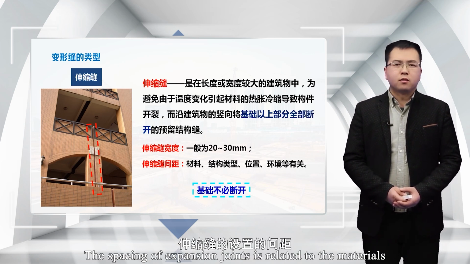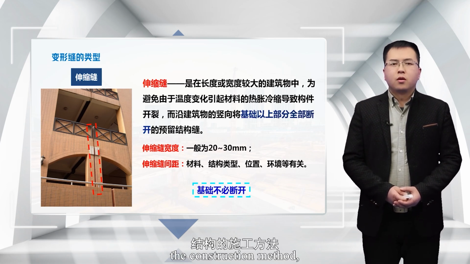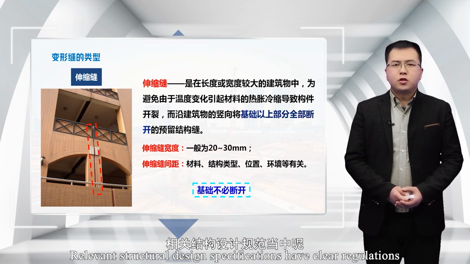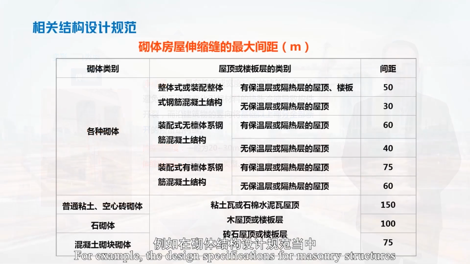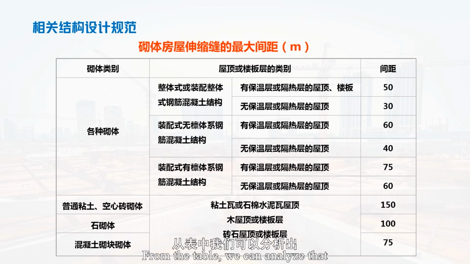The spacing of expansion joints is related to the materials used in the structure, the type of structure, the construction method, and the location and environment of the building. Relevant structural design specifications have clear regulations on the setting spacing. For example, the design specifications for masonry structures provide the maximum spacing for expansion joints in masonry houses. From the table, we can analyze that the spacing of expansion joints varies with different masonry materials and types of